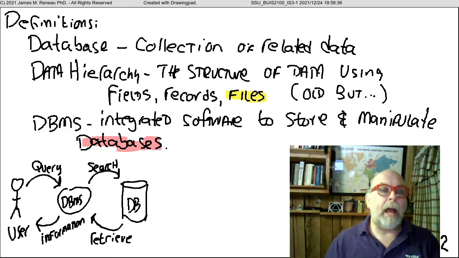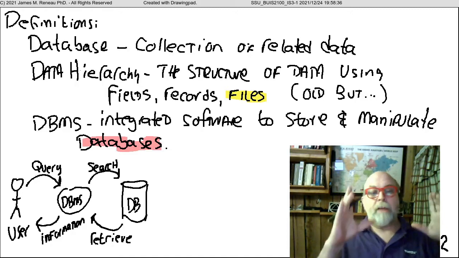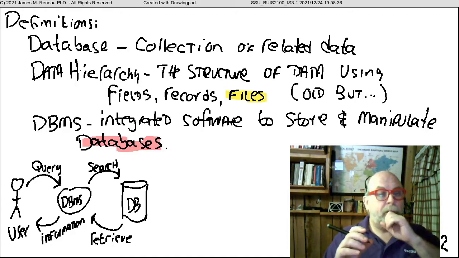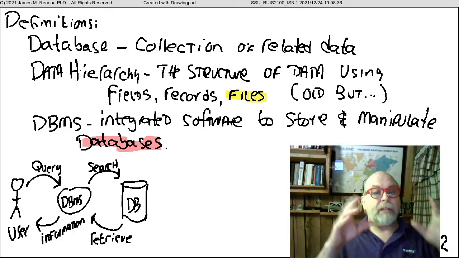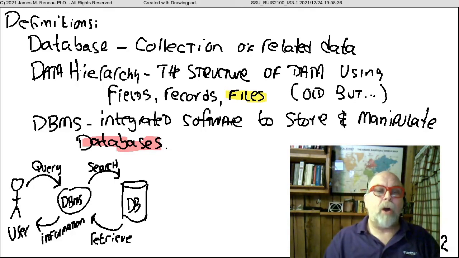A data hierarchy is the structure of data using files, and a file you can think of as a file on your computer's hard drive. It is divided up into records, and then each record within the file is divided up into fields. That's kind of an old school way of storing data, but we do need to make sure you're